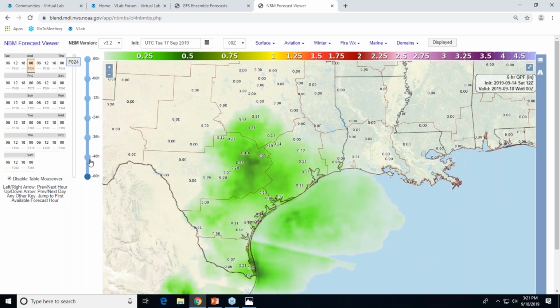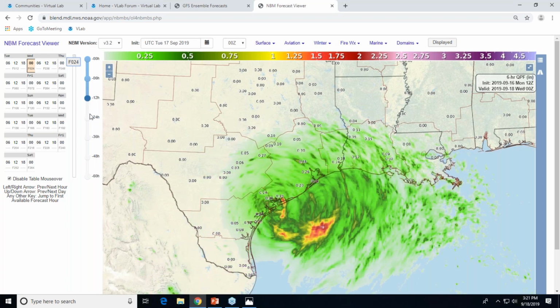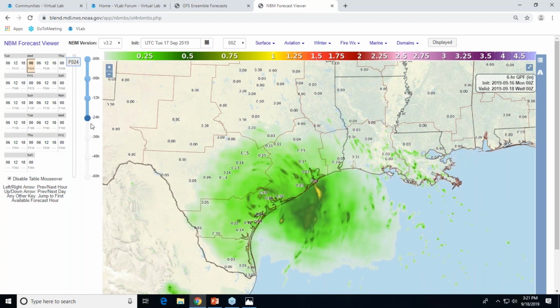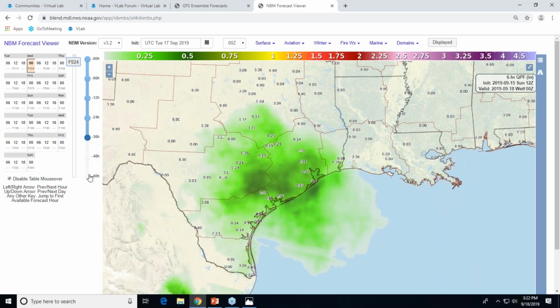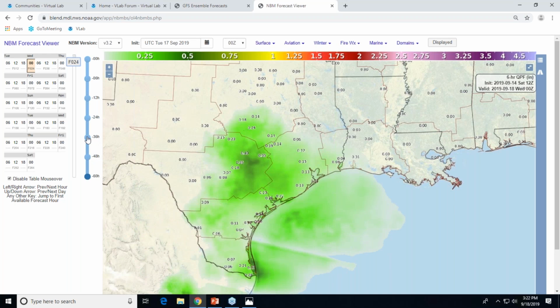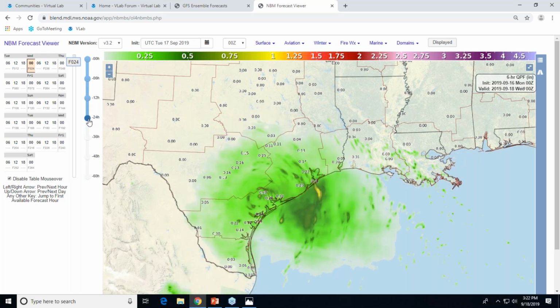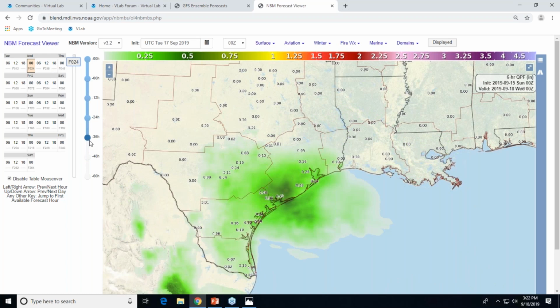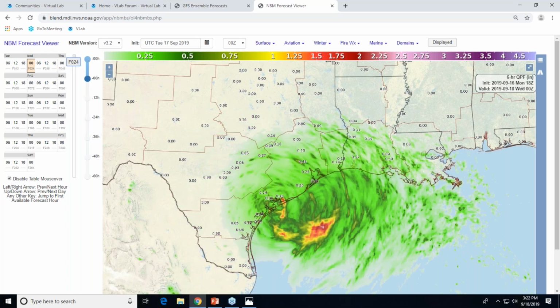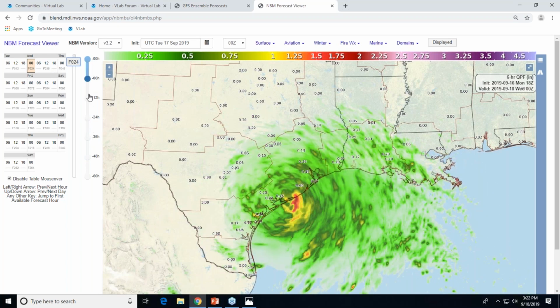You know, there was some precip that was around, but really it wasn't until 12 hours out from this issuance time that really things started, maybe 24, you started getting whispers of it being some sort of tropical in nature, you know, having some more tropical forcing. But really it wasn't until 24 hours, 12 hours before this that you even realized that it was coming about. So you can quickly go back and forth in time and see how this forecast has evolved over the past